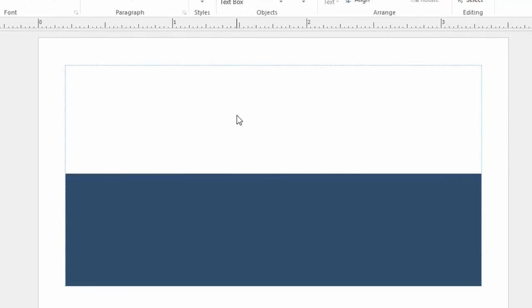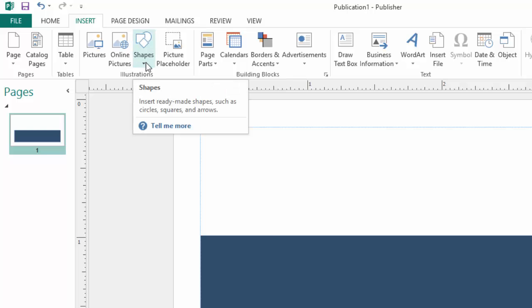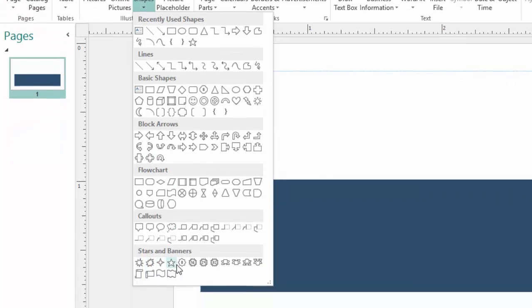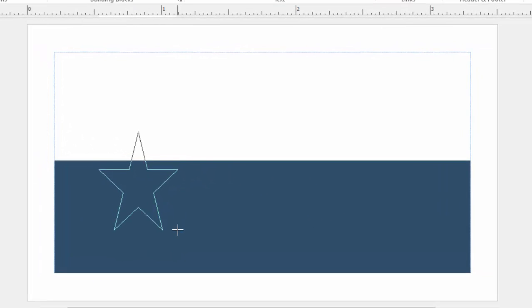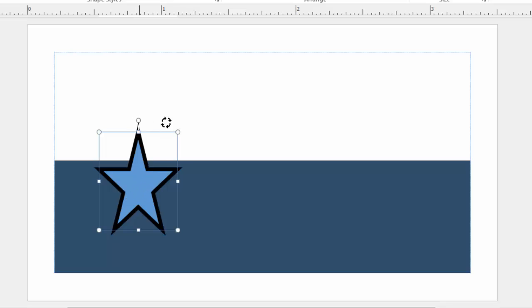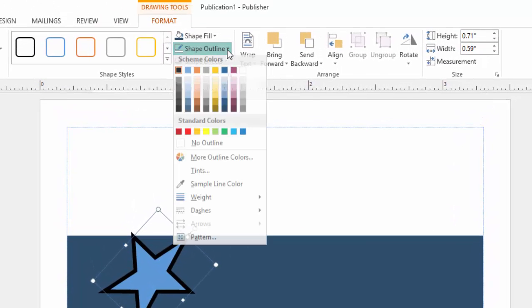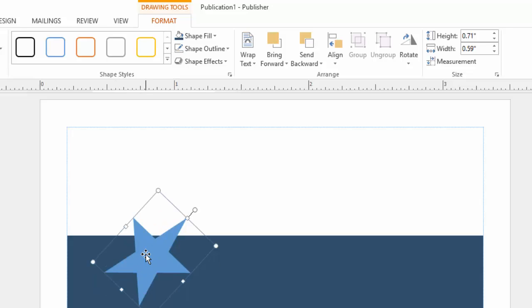Fine with me. Then I will go ahead, look for another nice shape here. Just look for anything which looks good. Let me try this star and do something with it. Remove the outline. And change the